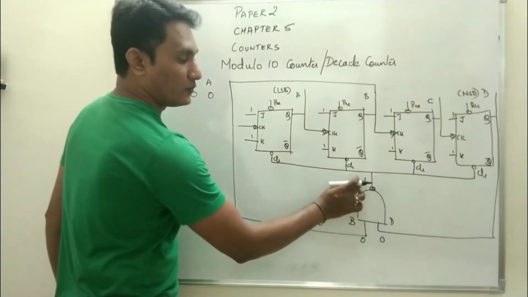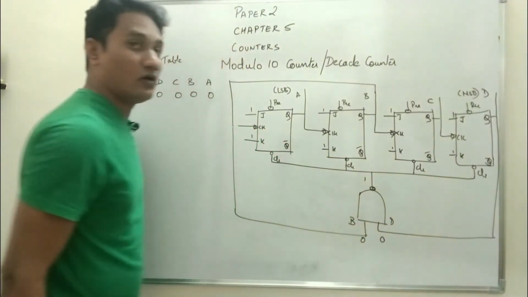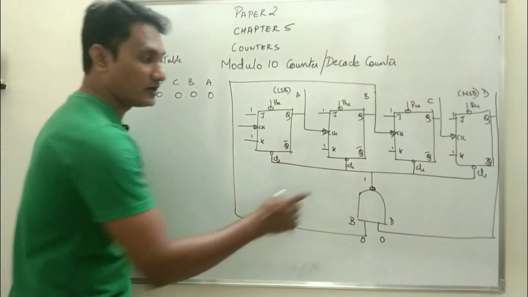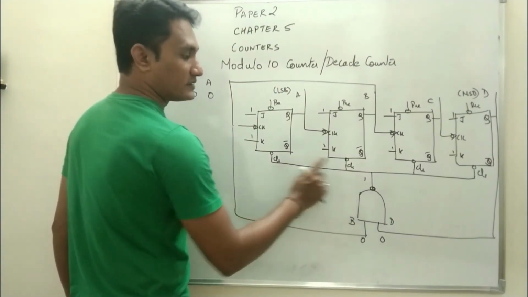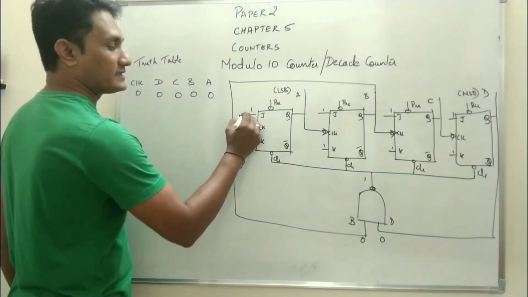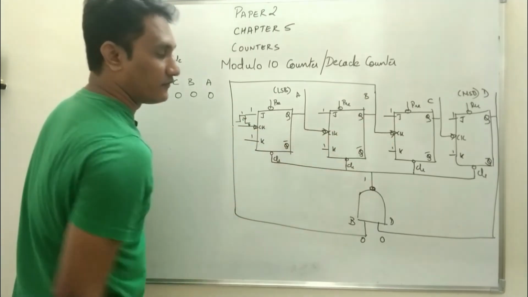So the NAND gate's output is 1. Now all these clear terminals are active low. That means a terminal will be activated only when you give 0. What are you giving now? 1. So these terminals will be deactivated. So when the first clock pulse arrives, when it goes from 1 to 0, the first